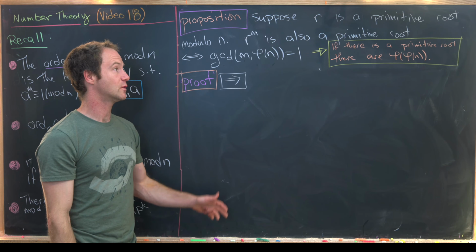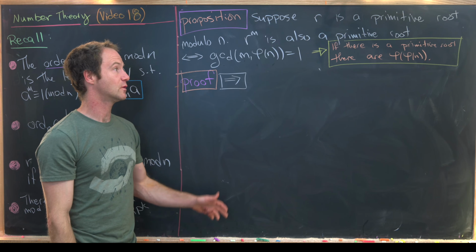But what does that tell us? That tells us that the order mod n of r to the m is less than or equal to phi of n over d. Well, because we raised it to the power of phi of n over d and we achieved 1. Remember, the order is the smallest number so that when we raise it to that power, we get 1. So that doesn't mean that the order is equal to this. It means that the order is less than or equal to this, or really it divides this,